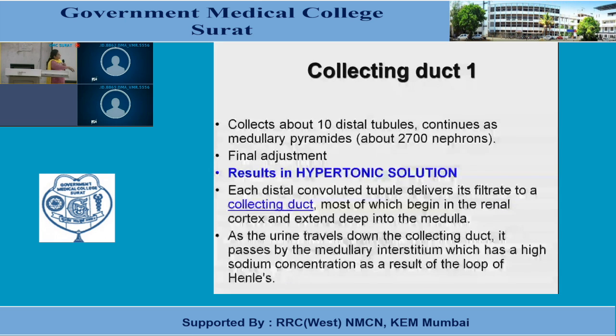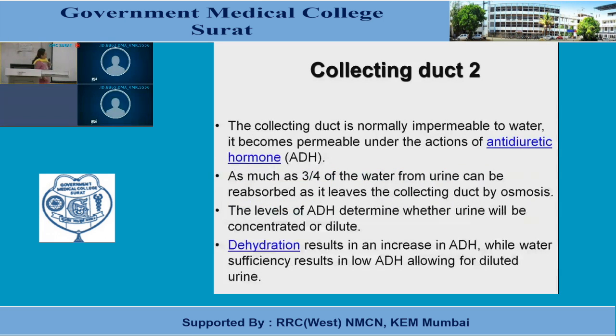There are two types of collecting duct, the cortical collecting duct and the medullary collecting duct. The cortical collecting duct begins in the renal cortex and extends into the medulla and forms the medullary collecting duct. This medullary collecting duct is very important for maintaining the osmolality in the medullary interstitium, that is the hyperosmotic medullary interstitium, which is important for concentrating the urine because a lot of water will be lost, and this will then be taken up by the vasa recti, and so the concentration of sodium will be more in this part of the nephron. And it occurs in the presence of ADH.